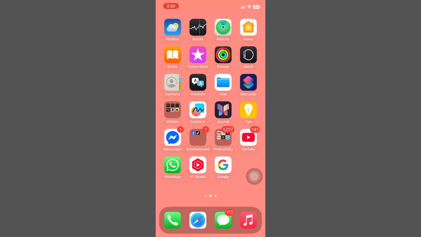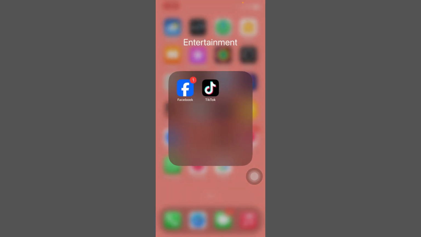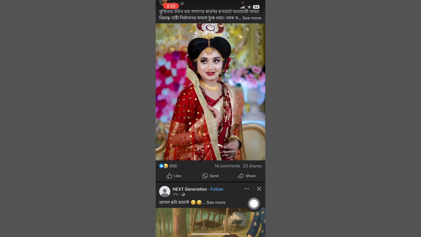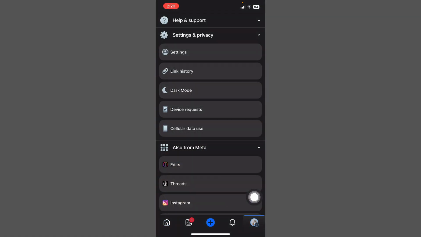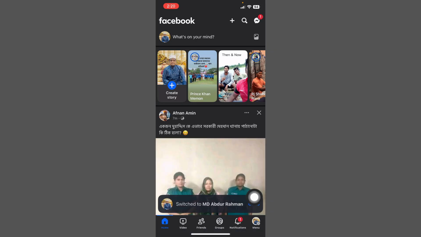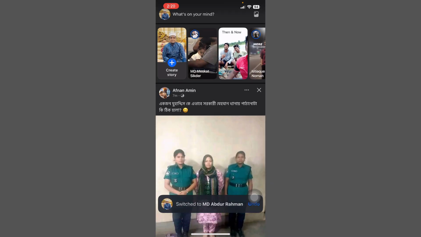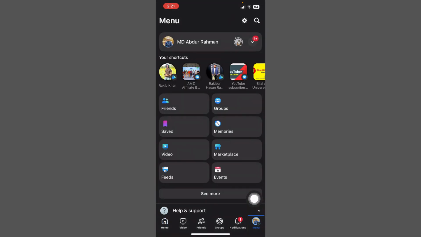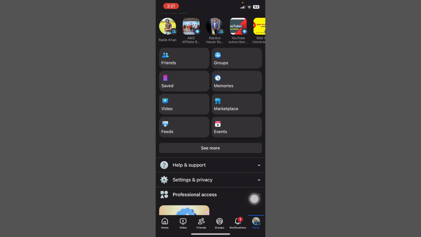Today I am going to show you how to see archive history in Facebook. Okay, so let's get started. First of all, click on the Facebook app and choose any profile. Okay, then swipe your profile and click on the menu option,